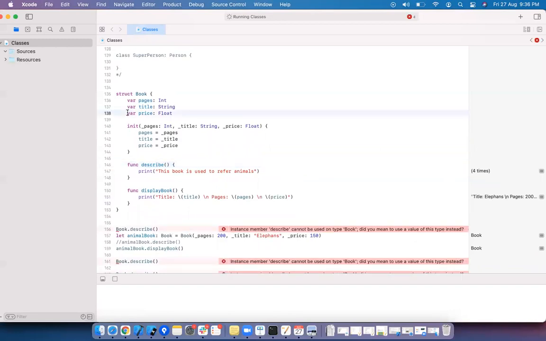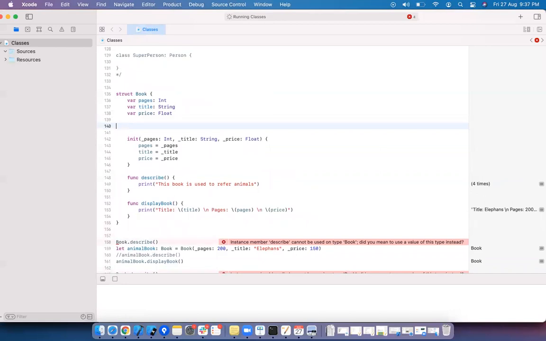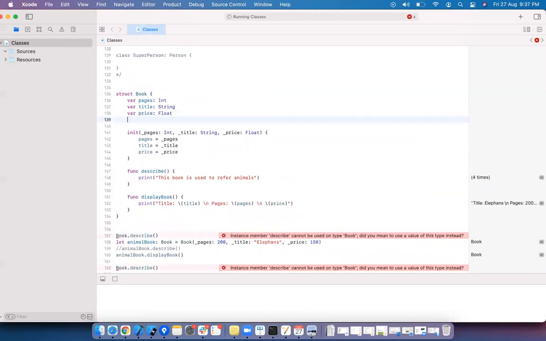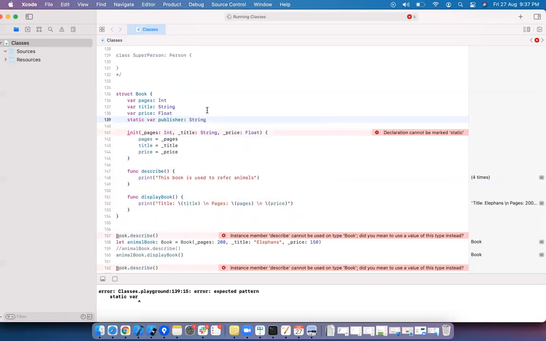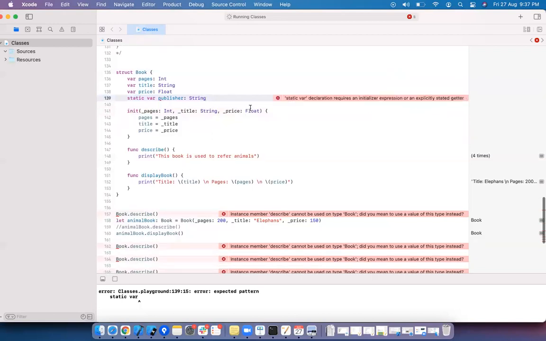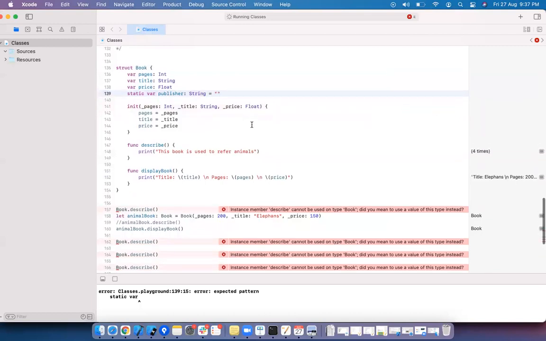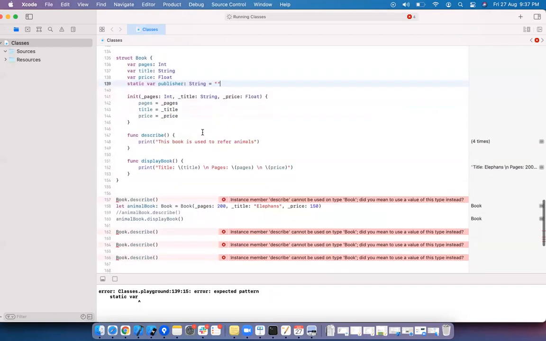That is the difference between class properties. You can also have class properties. Let's say I am going to create static var publisher string. I'm directly assigning some value here.